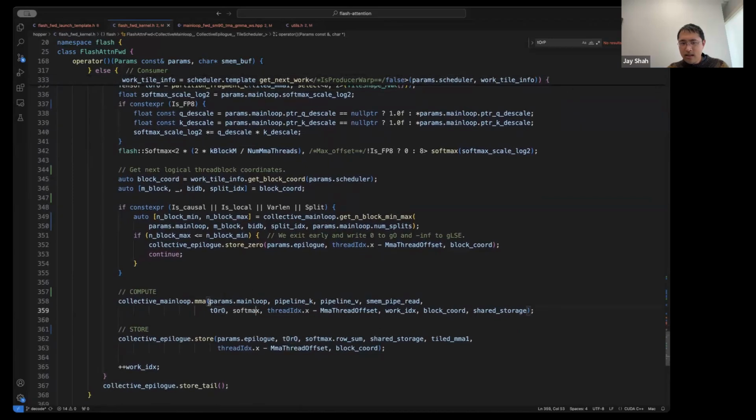The things I won't explain so much are really the pipeline classes, because that's sort of its own topic. What I want to explain with this MMA method is taking that algorithm, in particular the intra-warpgroup gem softmax overlapping, and seeing how to implement that in Cutlass.